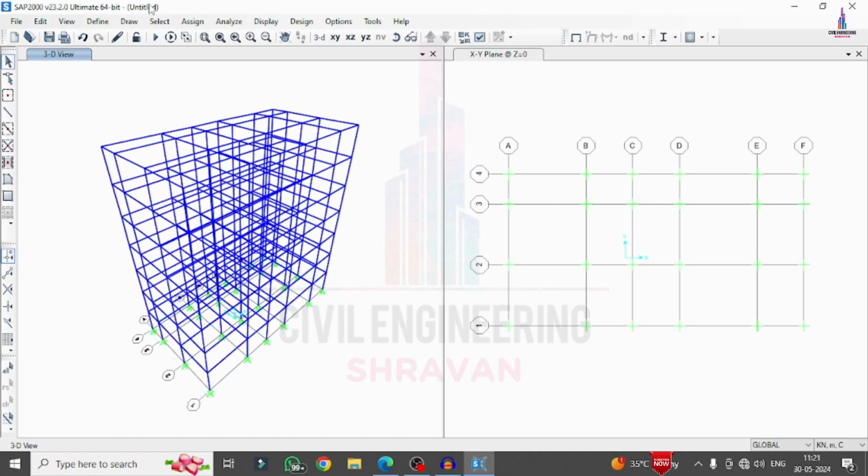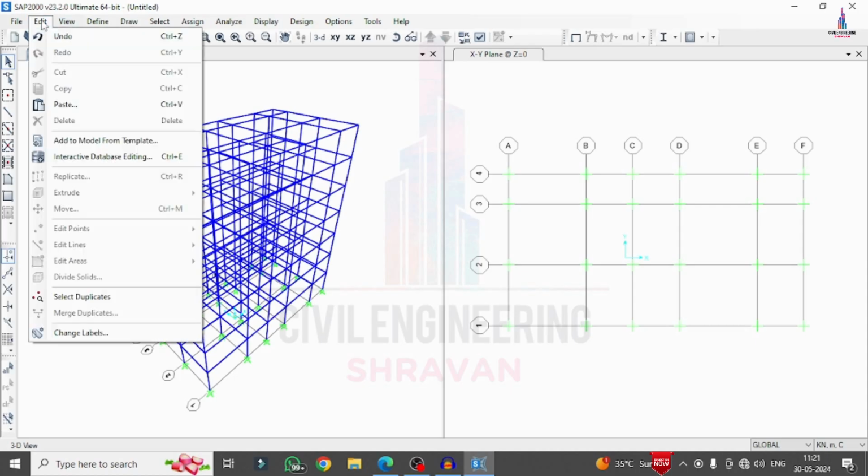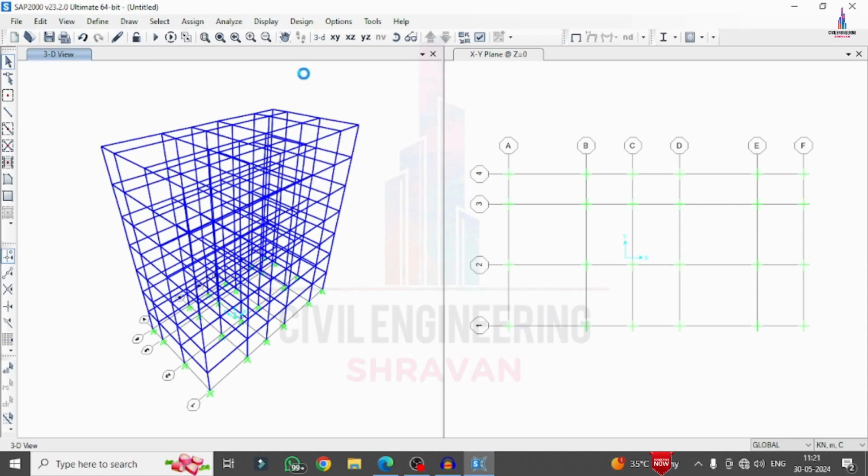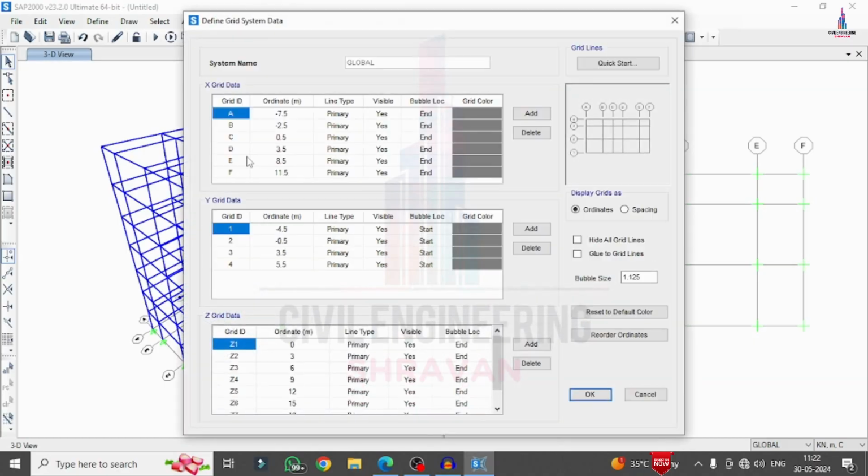So after this, we have to select the 2D view for this model. So I'm selecting edit option. So we will see the 2D view. Before that, we will check the grid data. So click on modify option. Now here you can see it will consist of the F section, which has the dimension of 11.5 in this direction, but we need the direction which is related to 1, 2, 3 property. 3 property is presented at 3.5 distance.